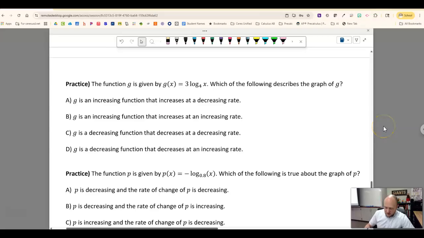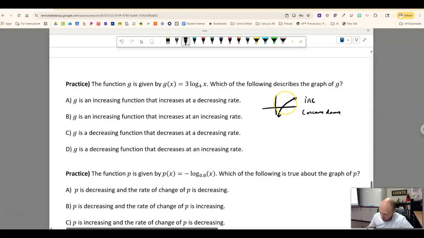Okay, hopefully you paused this one. Here we have log base 4 with a factor of 3. So again, this logarithmic function just looks like this. This is an increasing function, and it is increasing at a decreasing rate because it is concave down. So this is increasing, and it is concave